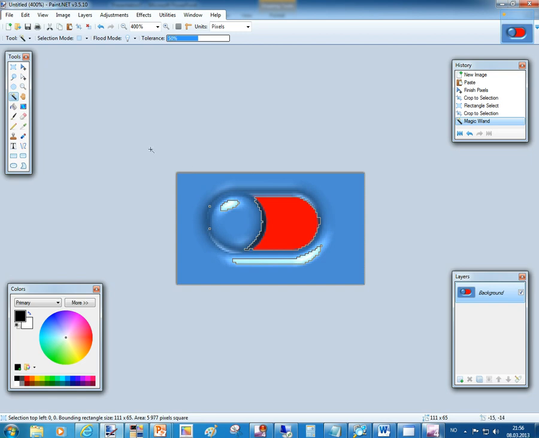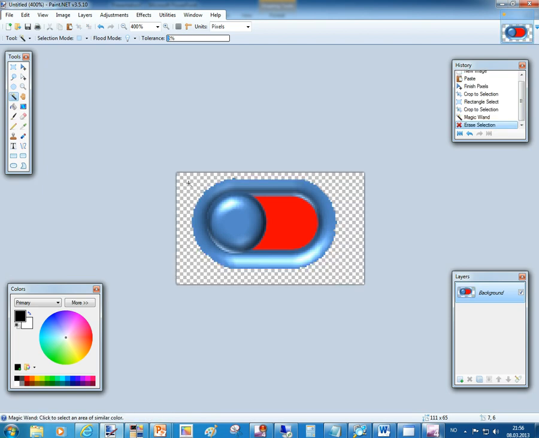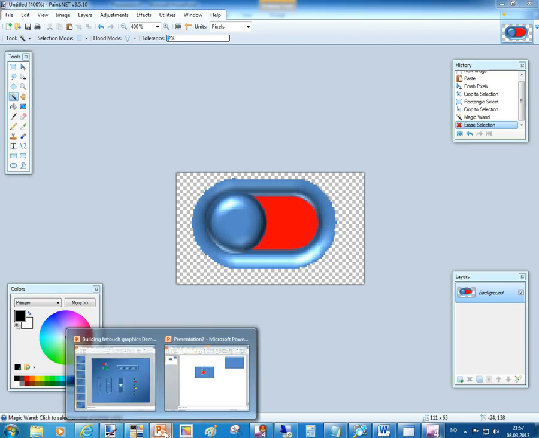Oops, I forgot to adjust the tolerance, must be very low. We can cut out this, and we have the graphic we need to save for the toggle in HomeSeer. I won't do that now because you know how to do it, so I'll just go back